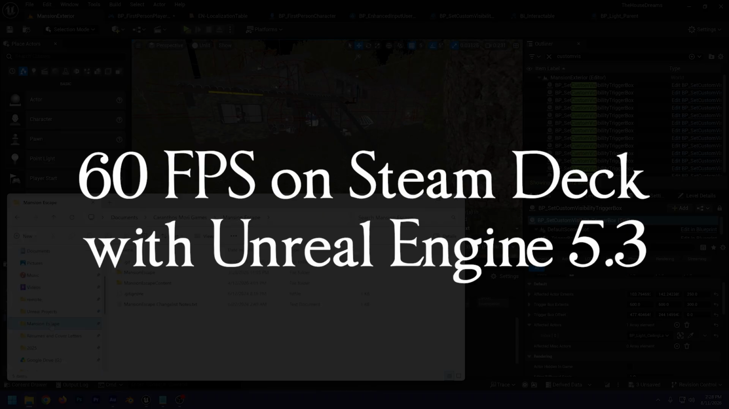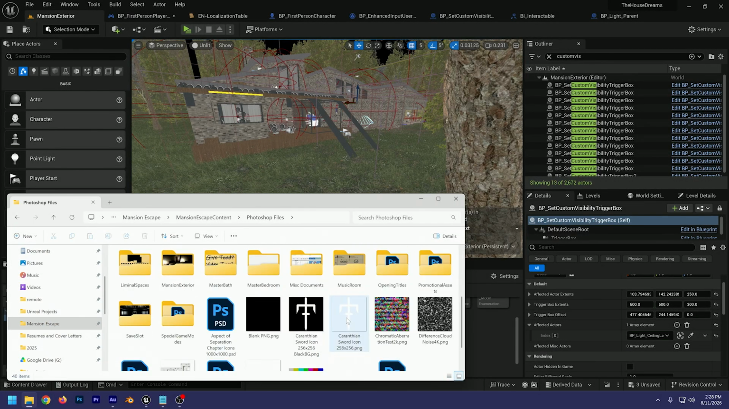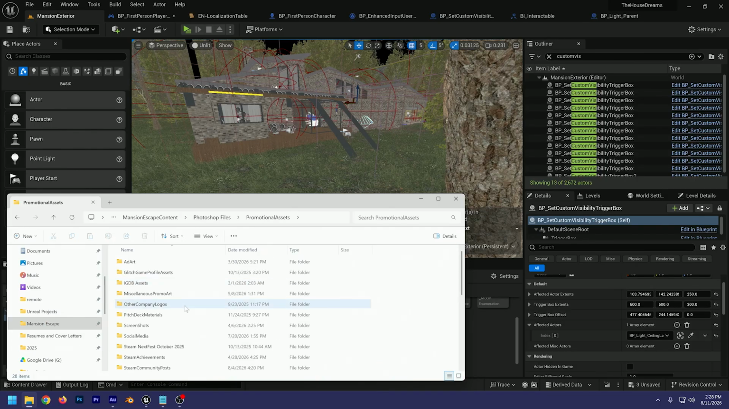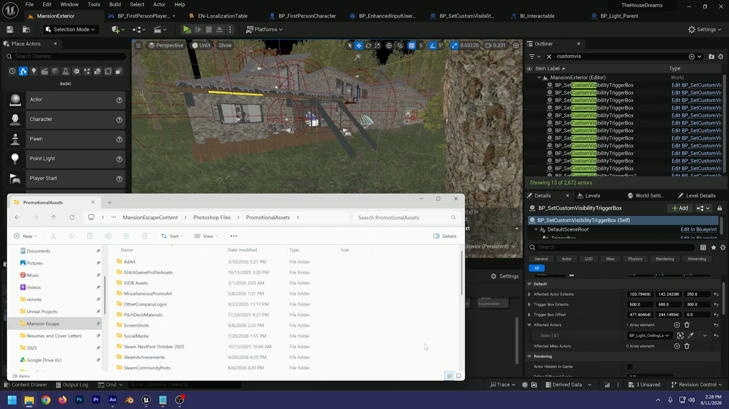Let's get an Unreal Engine 5.3 game running on a Steam Deck at 60 frames a second. Is this possible? Yes, it is possible. It's going to require some effort, though. There's a number of optimizations that I've done and many more that will come,